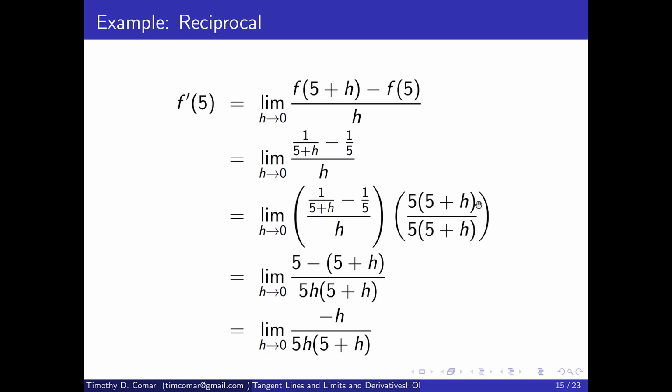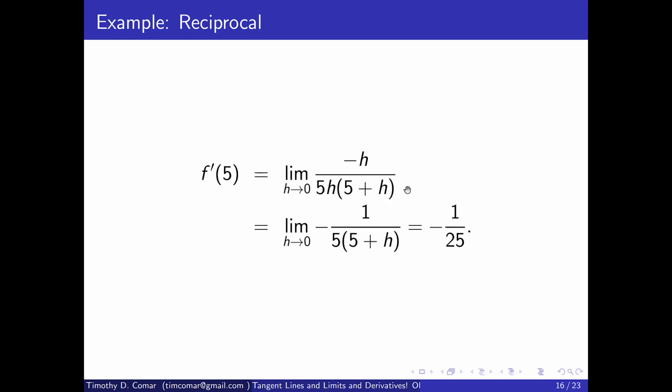5 plus h. When we multiply this by the 1 over 5 plus h, the 5 plus h's cancel out and we just get a 5. When we multiply it times the 1/5, the 5's cancel out and we just get a 5 plus h. And simplifying that, we simply get a minus h in the numerator. And I bet you can see where this is going from here. The h's cancel out, and we simply now have the limit as h goes to 0 of minus 1 over 5 times 5 plus h,